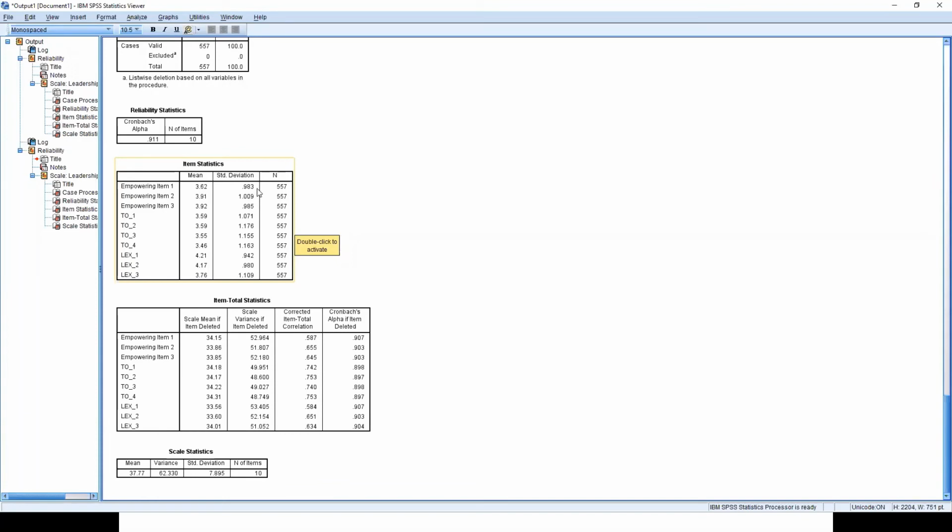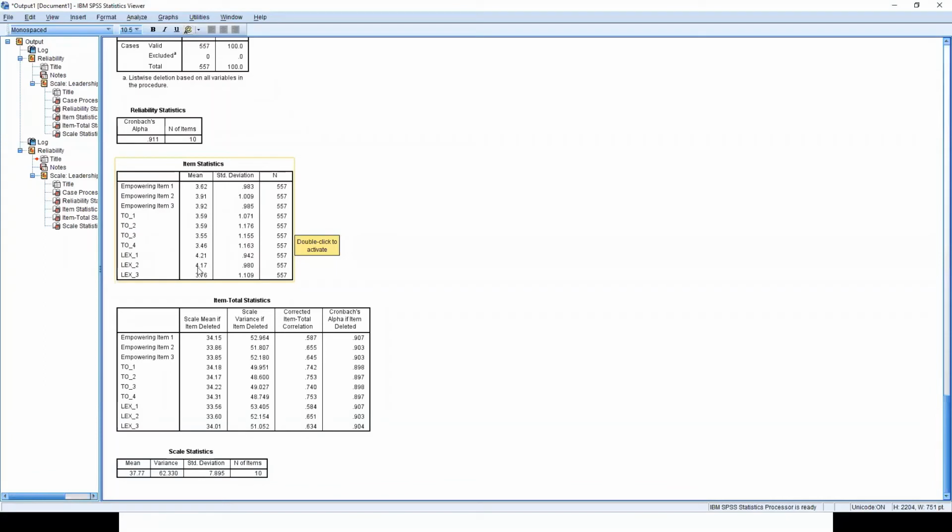What is the standard deviation? Then the mean of item 2 is 3.9 with a standard deviation of 1.009. Then 3.92 and 3.5, 3.5, 3.5. For a good scale, usually we should try that the mean of the item should be around the midpoint of the scale.